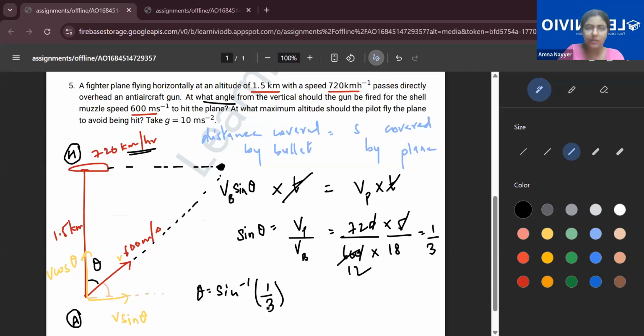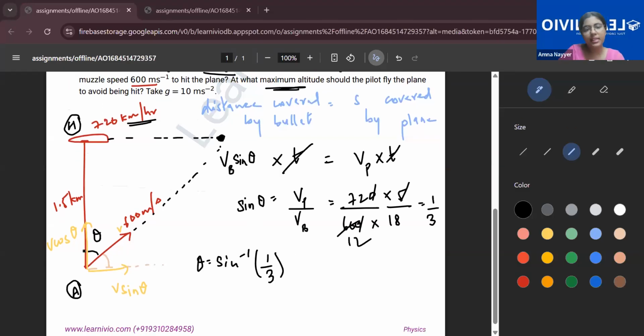Yes, ma'am. Okay. Second says, at what maximum altitude should the pilot fly the plane to avoid being hit? The first part is completely different. In the first part, we are assuming that the hitting will occur. In the second, it is saying to avoid being hit. See, from here we can do one thing because we don't know the values of the angle. If this is theta,